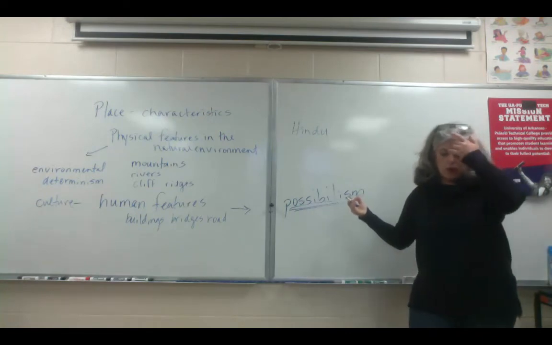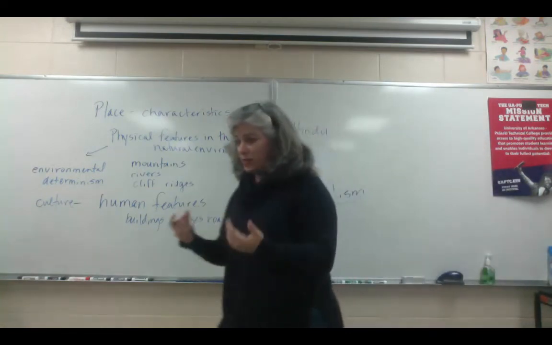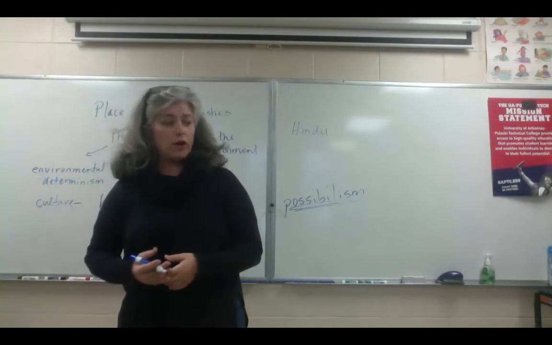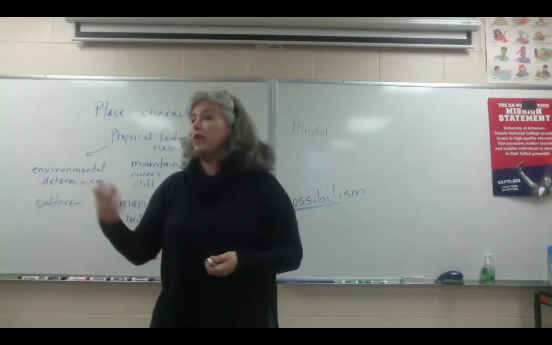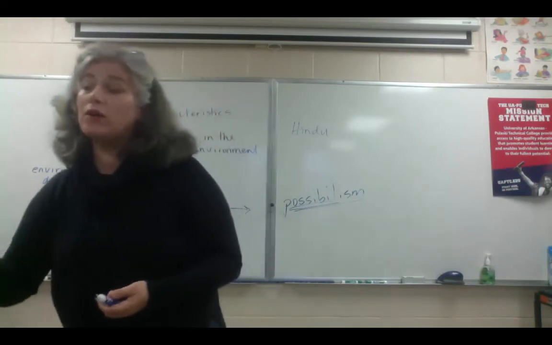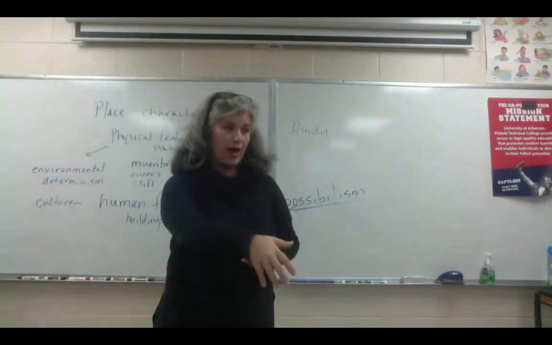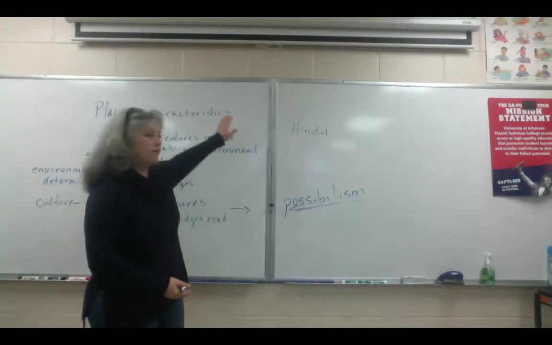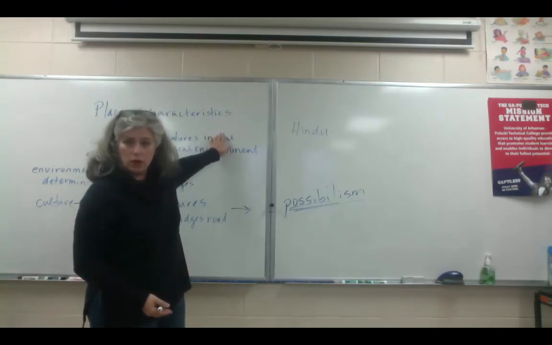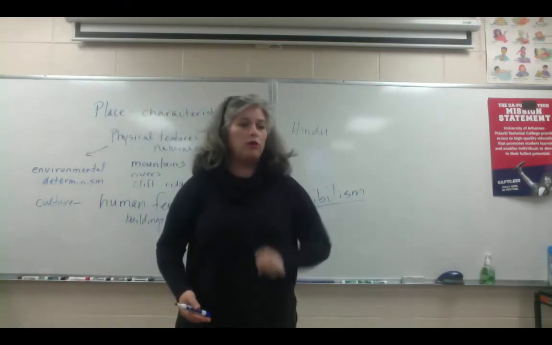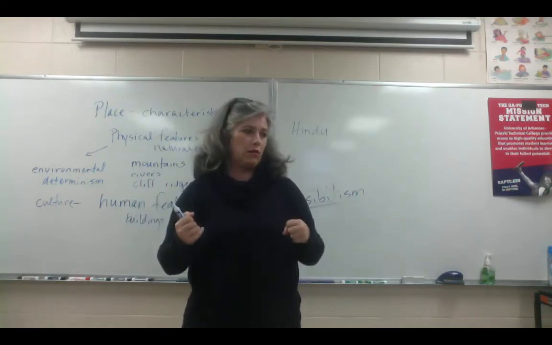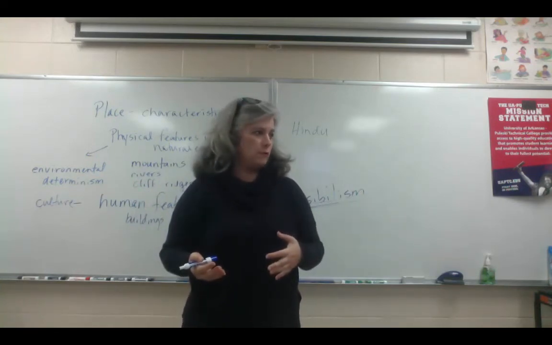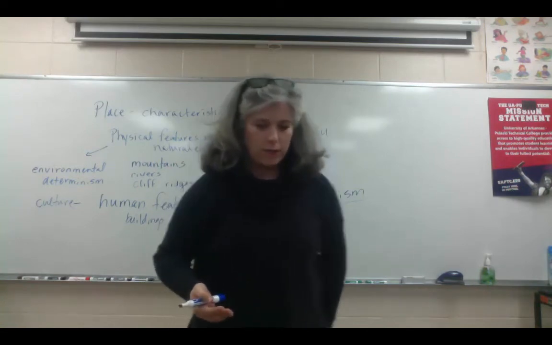Okay? So yeah, you have a desert where you don't have very much water, but you can build a canal system from the river that is close by, or maybe even miles away, and get water to that place. So the physical feature of very dry, infertile soil is now possible for you to have a huge agricultural society in that place, right?